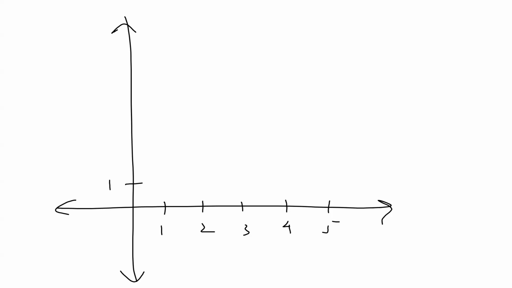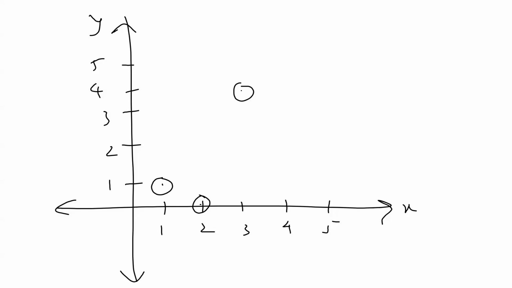Y-axis. Now when x is equal to 1, let's say y is also equal to 1. When x is equal to 2, y is equal to, let's say, 0. When x is equal to 3, y is equal to 4. When x is equal to 4, y is equal to,